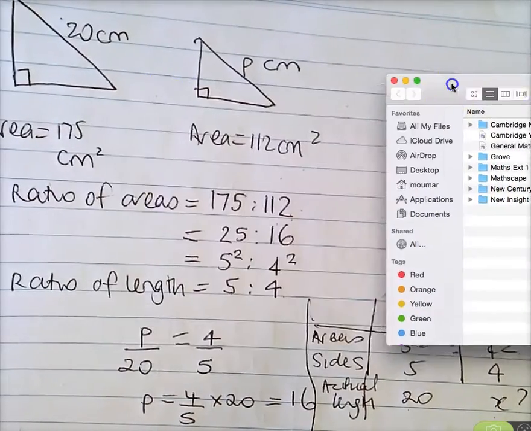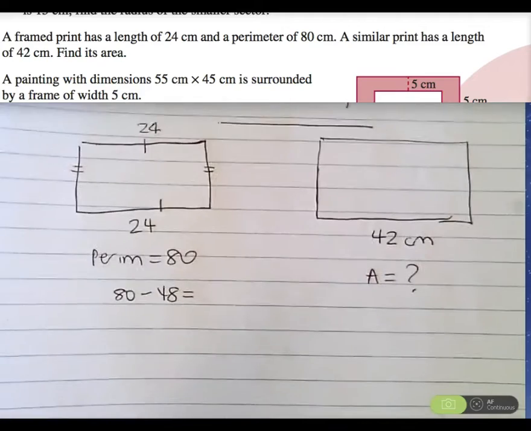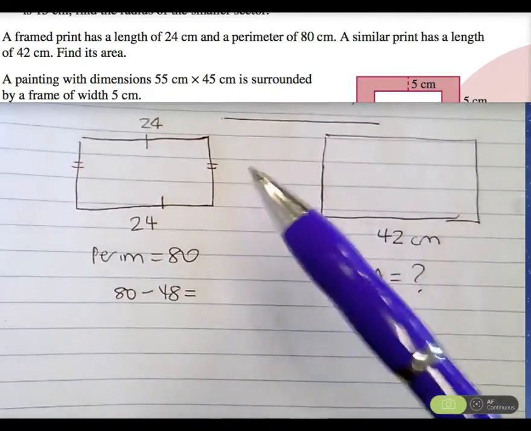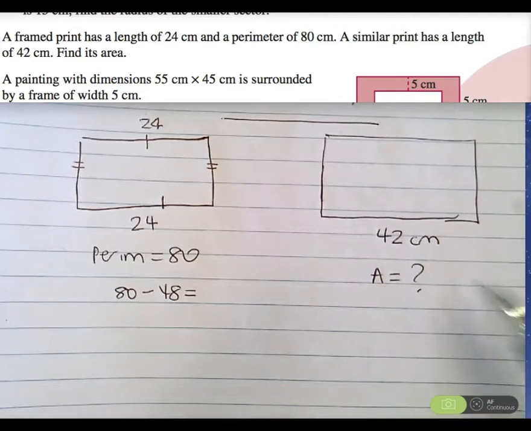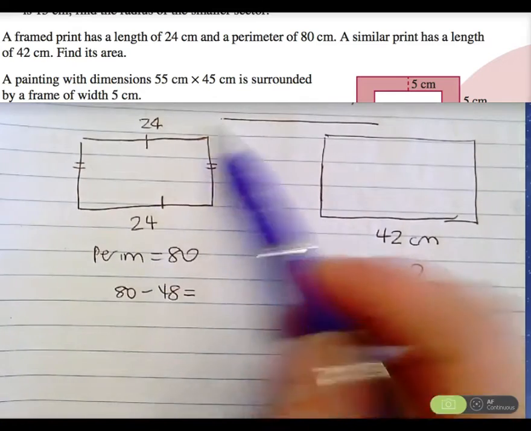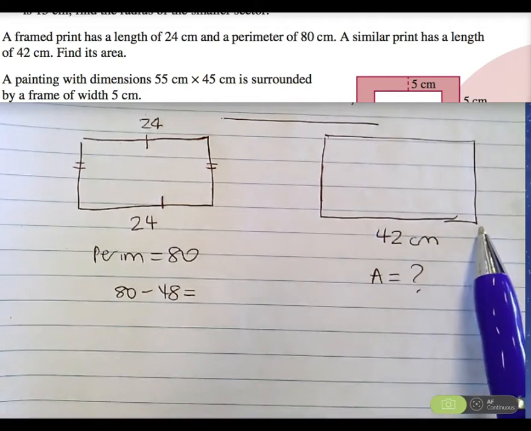Well, I'm going to do 6 now as an example. Girls, this is exercise 11.5, question 6. It says a framed print has a length of 24 centimetres and a perimeter of 80 centimetres. A similar print has a length of 42 centimetres. So I've just drawn those out, that the length of this is 24 centimetres, the length of this one's 42